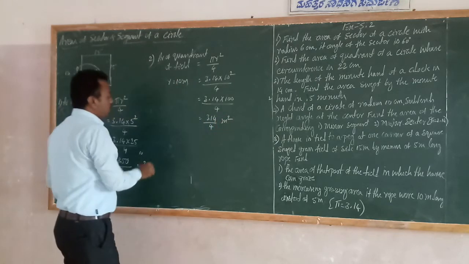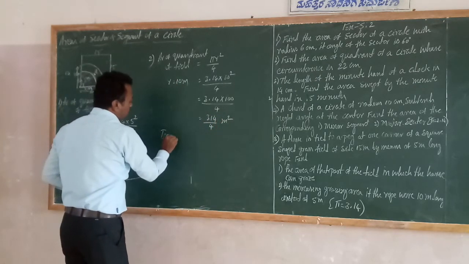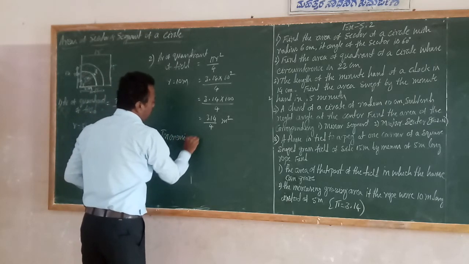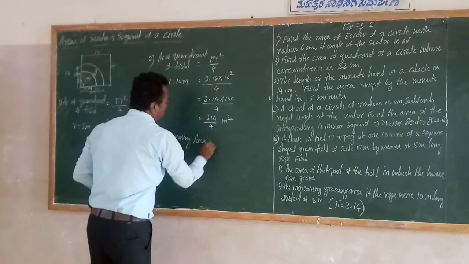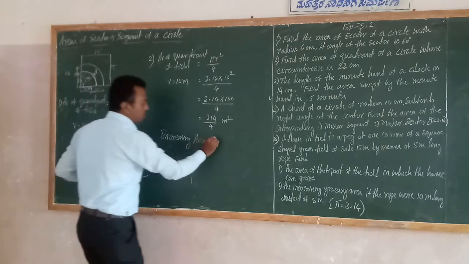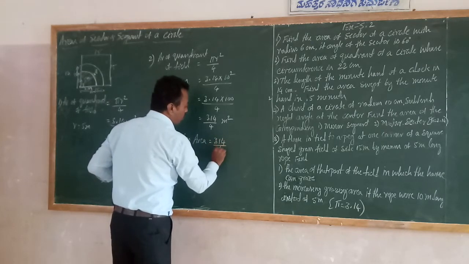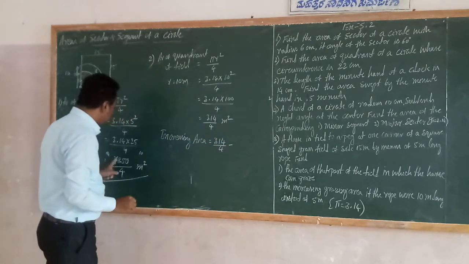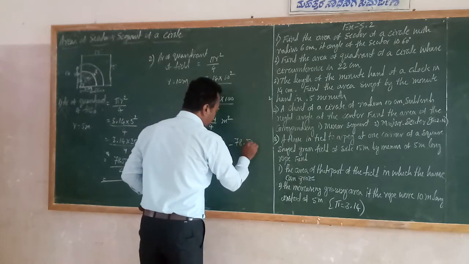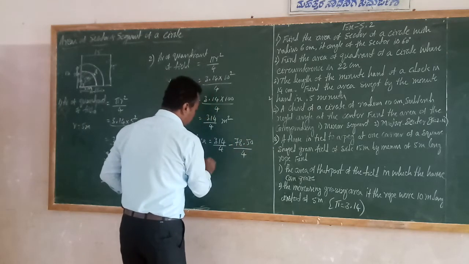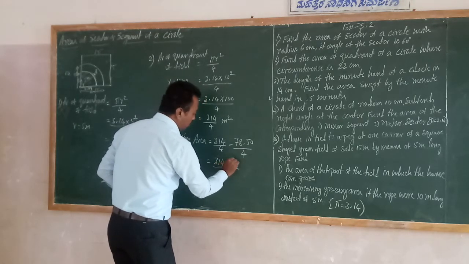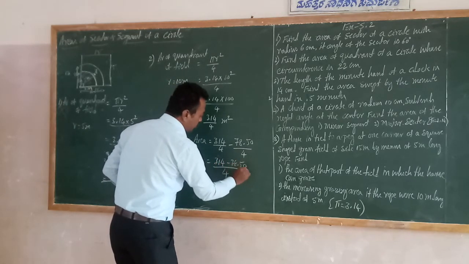Okay. So how much does it increase? We have to find how much the area increases. Very simple, students: see this area and this area, we should subtract. So 314 by 4 minus 78.50 by 4. See, the denominators are the same, so subtract the numerators: 314 minus 78.50.